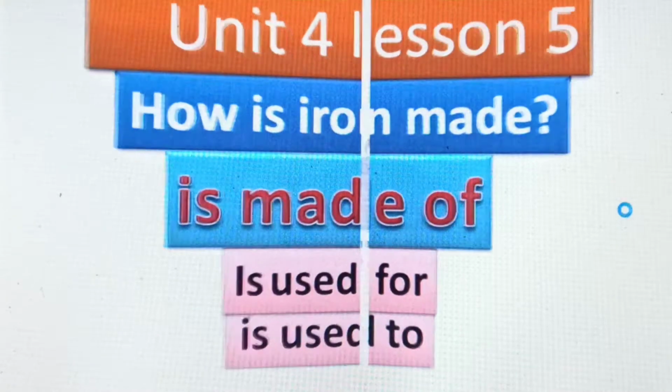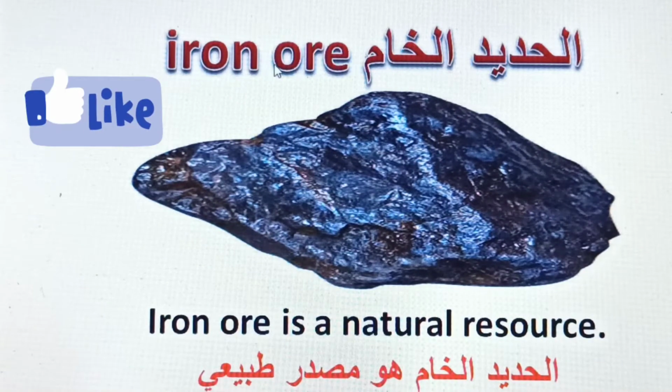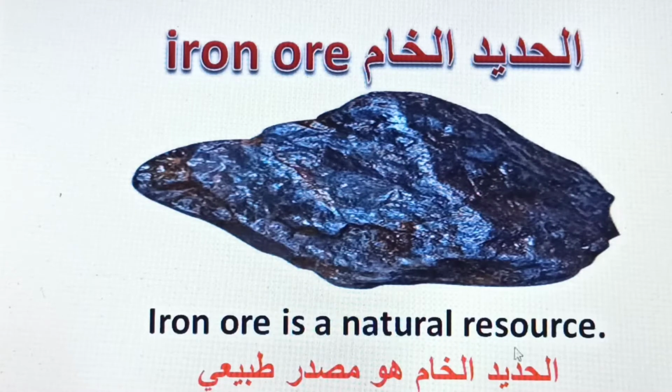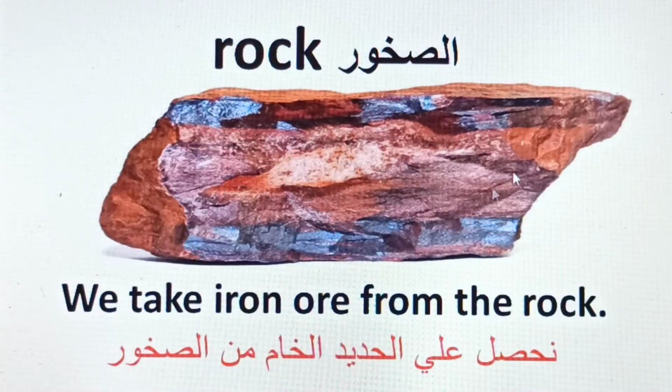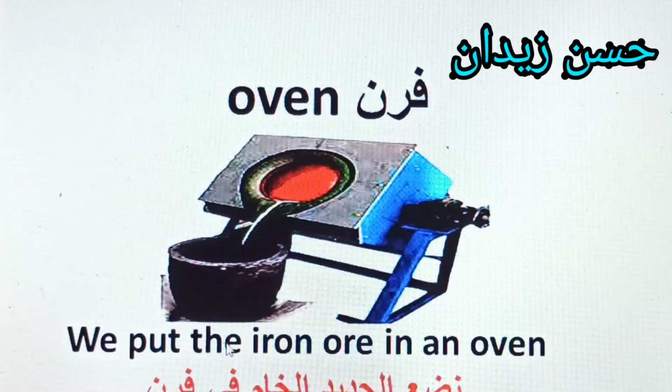اوكي let's go. iron ore الحديد الخام، iron حديد or خام. iron ore الحديد الخام is a natural resource، مصدر طبيعي. natural طبيعي، resource مصدر. ازاي بنصنع الحديد؟ اول حاجه we take iron ore from the rock، بنحصل على الحديد الخام من الصخور، rock الصخور. then we put the iron ore in an oven، نضع الحديد الخام في oven، في فرن،